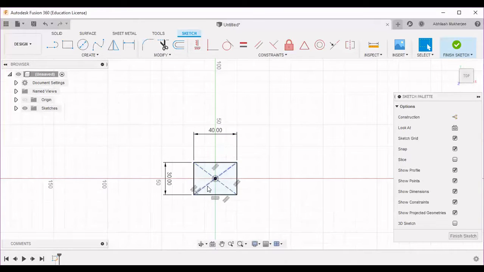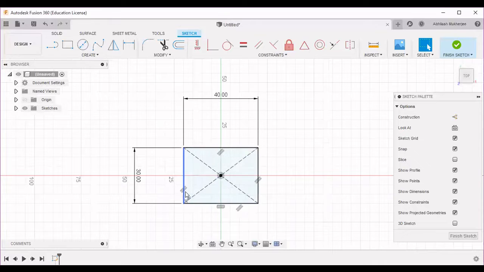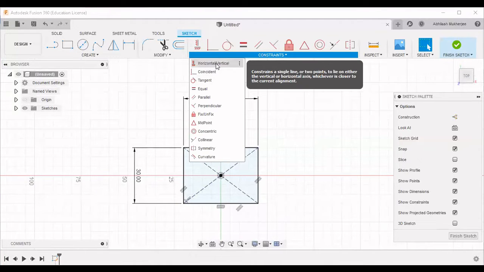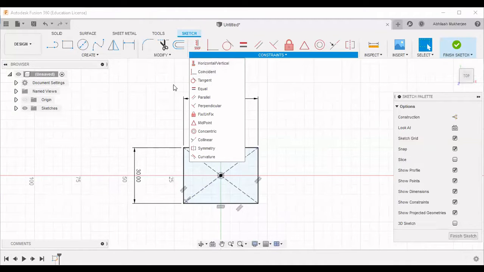So this is the rectangle. These small signs that you are seeing here are the constraints. This is a parallel constraint. If I hover my cursor over this, see this icon is also being highlighted. That means this line is in parallel with this line. Similarly, these two lines are parallel. These are called constraints, which you can see here. And this is a horizontal constraint. Whatever sign you want to know, you can click on constraint and see what type of sign it is. Let's say it is horizontal constraints.